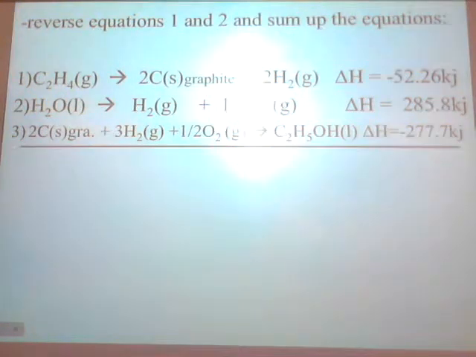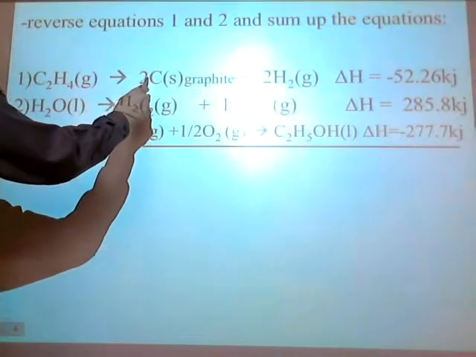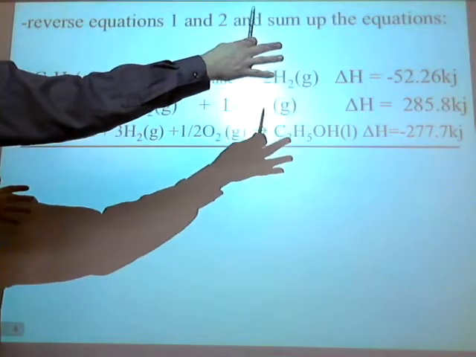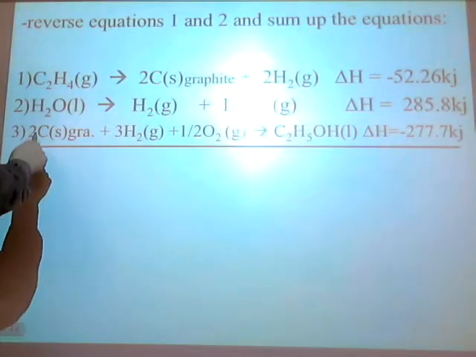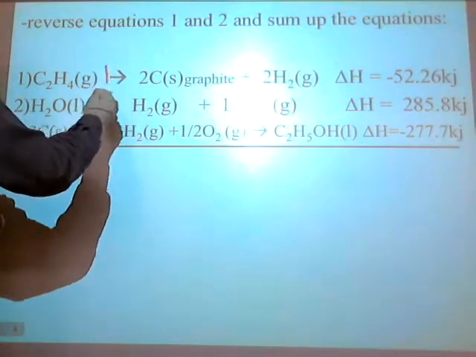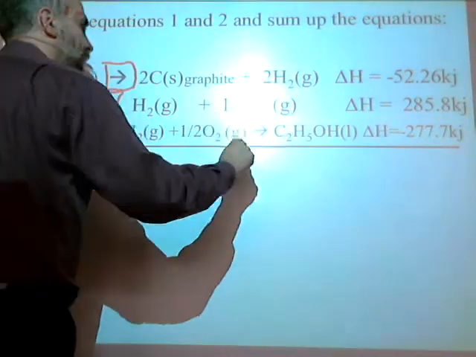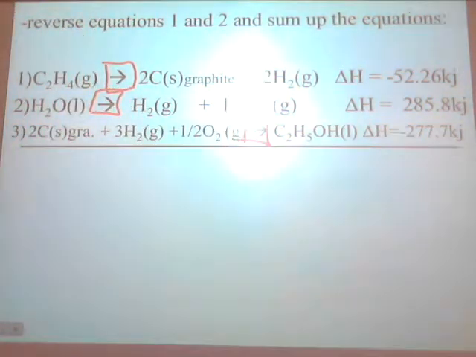Do I have carbon on both sides of this equation? Yeah, I've got 2 carbons on the right-hand side, and I've got 2 carbons on the left-hand side. Let's make this in red so you can see left from right, and I'll do the crossing out in blue. You don't have to do that, but watch. I got 2 carbons on that side, 2 carbons on that side. They cross out when I sum these equations up because they're going to cancel.